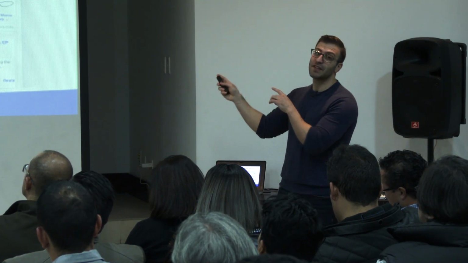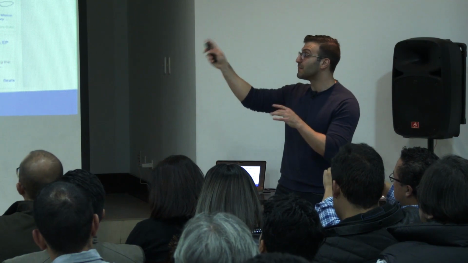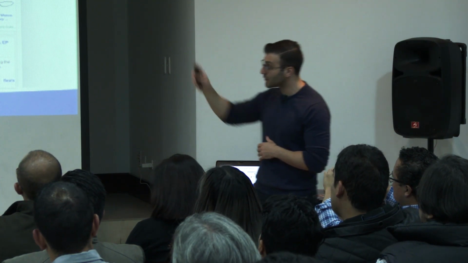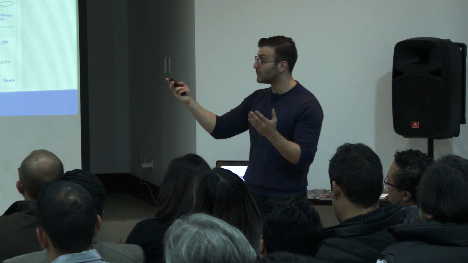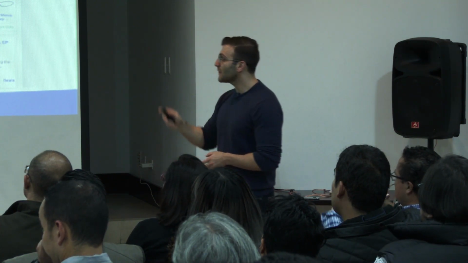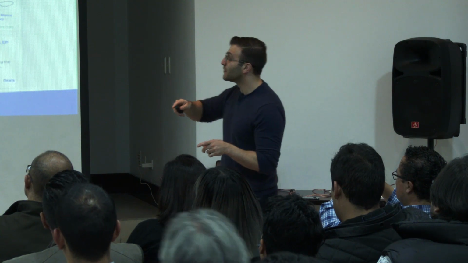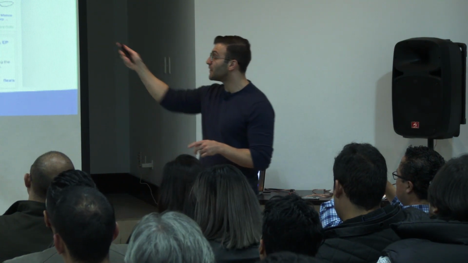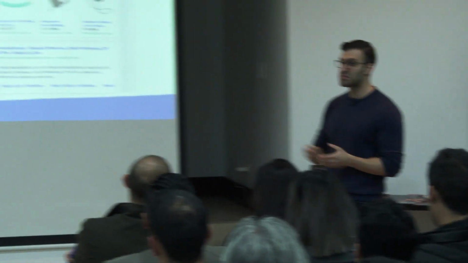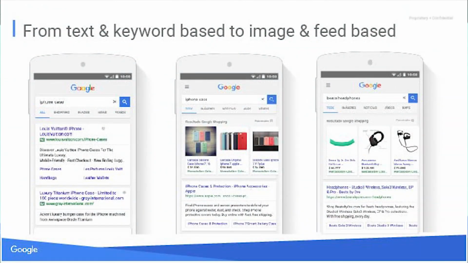Taking a look specifically how shopping ads compare to traditional text ads. So over there, of course, you have traditional text ads, which I'm sure you're all familiar with. Now that we've launched Google Shopping, we see a query such as this. iPhone case is a query that's shopping intent. So that's where we generate the ads which match that query. So you see the great images, the price, the store name.